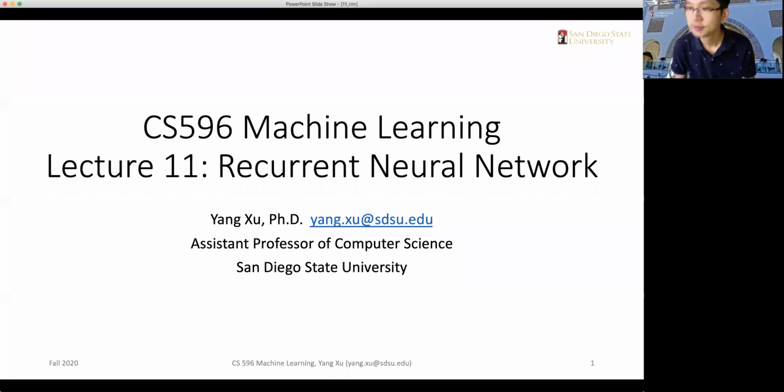So welcome back. In this week, we're going to start a new topic, recurrent neural network. Compared to our previous topic, convolutional neural network, to put it simply, we can basically categorize these two types of neural network based on the tasks that they are good at. The convolutional neural network, or CNN or ConvNets, is a very useful network architecture to capture image information,